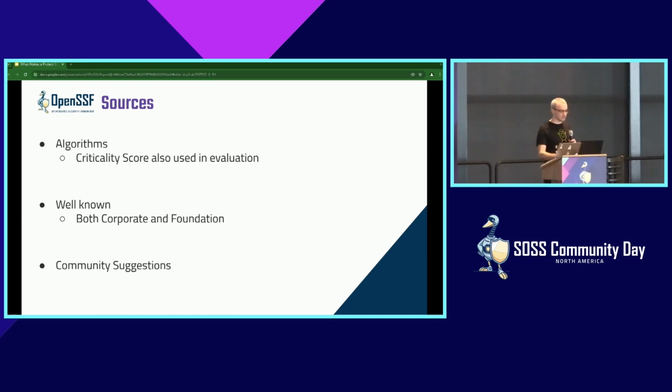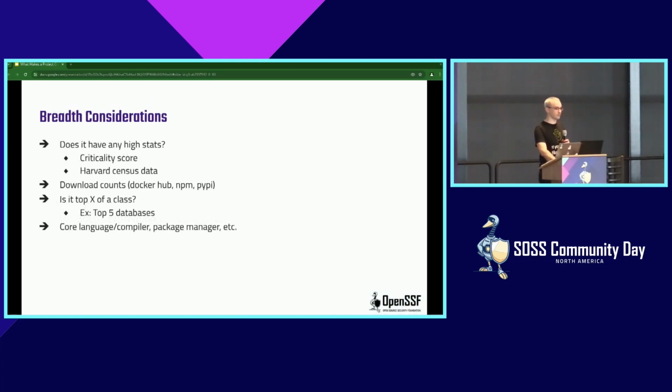So once we had all the projects that we wanted to evaluate, we moved on to the evaluation. Again, when we're looking at criticality, we're looking at both breadth and significance. Here's I would say the meat of this discussion: how do you decide if something is critical? On the breadth side, we want to find evidence that, of course, it's used widely. An easy way to do that is to look at some statistics. The criticality score is another one that we used. That one shows how active the project is.